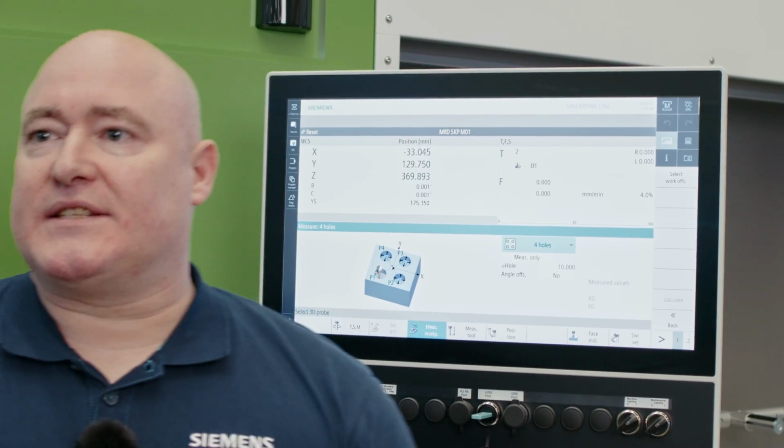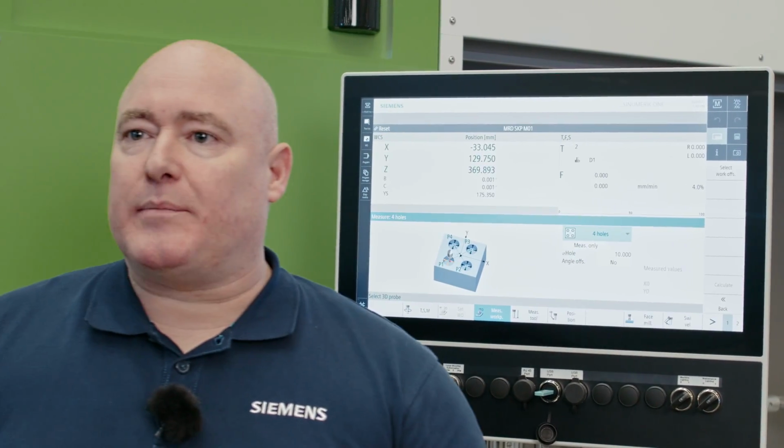Now, since the hardware of the Cinemeric One upgrade package is largely compatible, the question remains, what has changed at the machine workstation? First off, practically nothing. But let's take a look at the operator panel of the new CNC. As you can see, it's still Sinomeric Operate, although the color scheme has been modernized. The soft keys are still in the same place with the same labeling. For me, moving from the 828D and 840D workstation to Sinomeric One was absolutely zero effort.